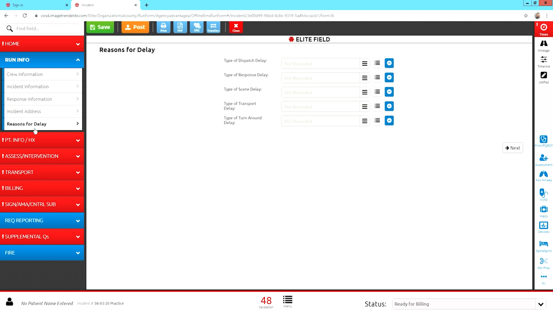Reasons for a delay. Now, this will not turn red ever until you've put in all your time, so the software can calculate how much time it took you to respond, how long you were on scene, transporting, or if you had to wait, how long it took you to return. The software is using time rules from 911, so if you were on scene too long, this may be red,